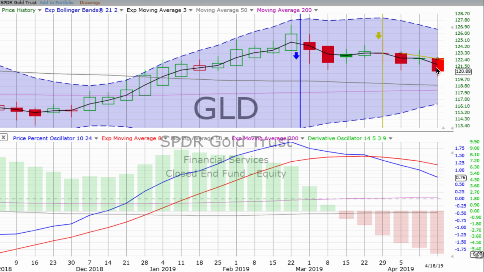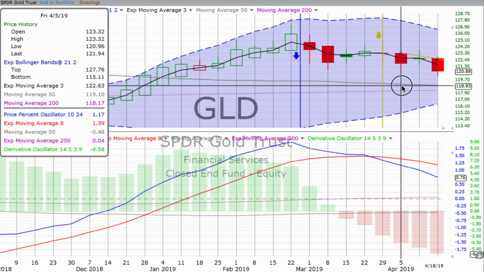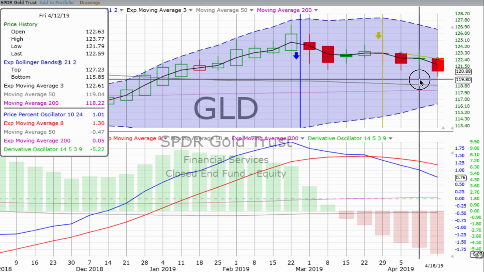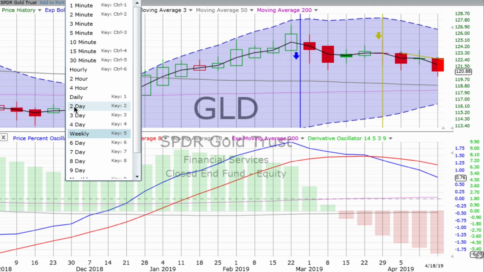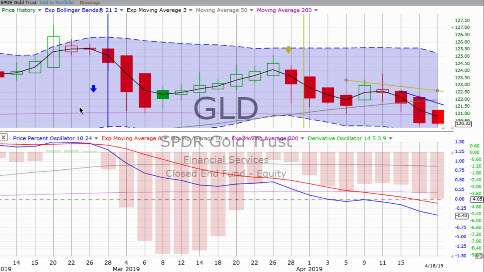And over the last 2 weeks, particularly over the last 3 weeks, we had a big down week the following week. We then had sort of a green spinning top, a lot of indecision last week. And this week, a nice solid red, decent sized down candle with a wick on the bottom, no wick on top. Derivative oscillator gaining momentum, and it has been for the last several weeks, and the price percent oscillator moving down at a stronger angle away from the red signal line. So again, gold, that down move in gold still in play.